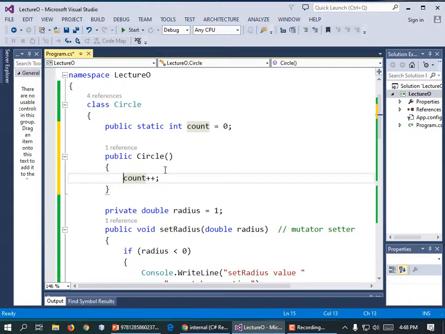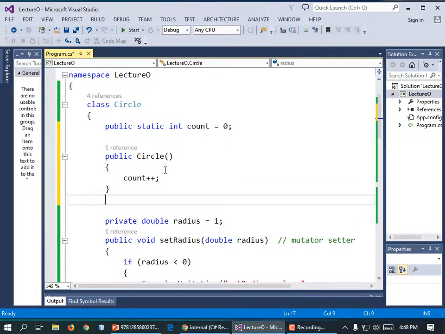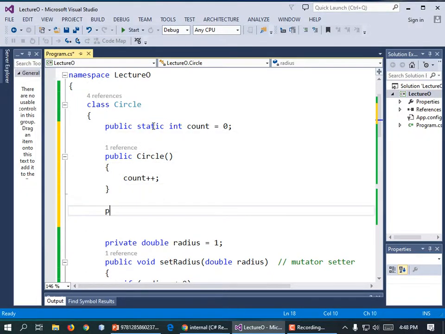And we need a getter for count. We should not make it a public variable that can be changed, right? The main program should not be able to say, oh, by the way, you created 10 circles without actually having created 10 circles. We don't even need a setter because the main code should not be able to change the count. You should only be able to get it. So it needs to be static so that you don't have to have a specific object in order to find out the count. You might want to call count without having any objects created, in which case it would return 0, right? So down here, public static int getCount(),